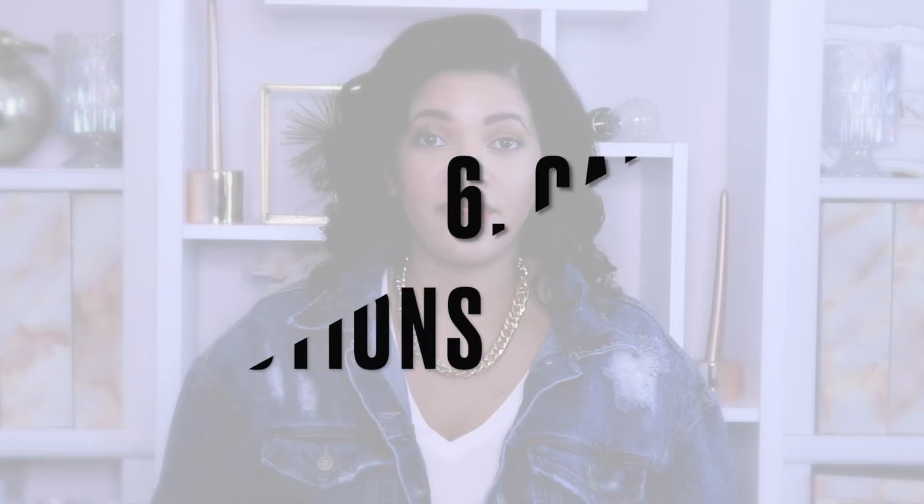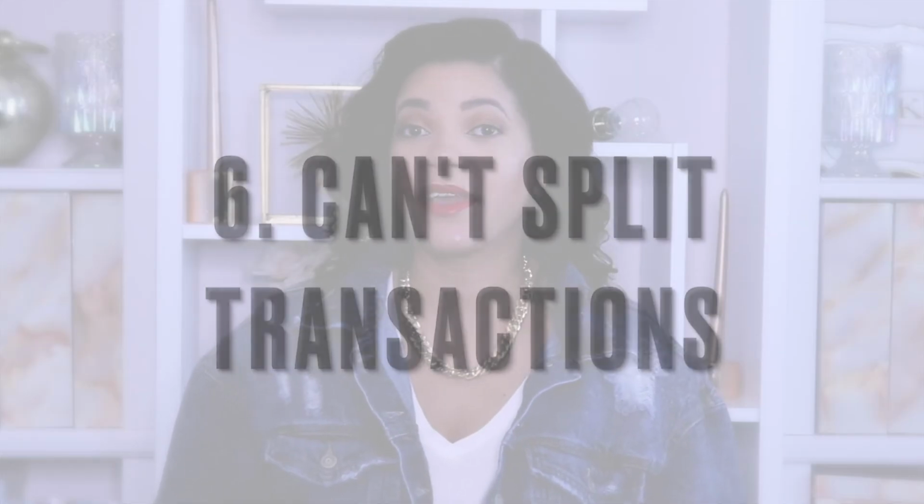The last tip that I have for you today regarding Dollar General is that you cannot split up your transactions to kind of get around their coupon policy. You just can't do it. Some places will allow you to split transactions so that you can maximize your coupons in that one trip, but Dollar General is not one of those, okay? So keep that in mind when you're going there. You can't be doing a whole bunch of different transactions. So if you want to use several coupons, you may have to make multiple trips to that store, or